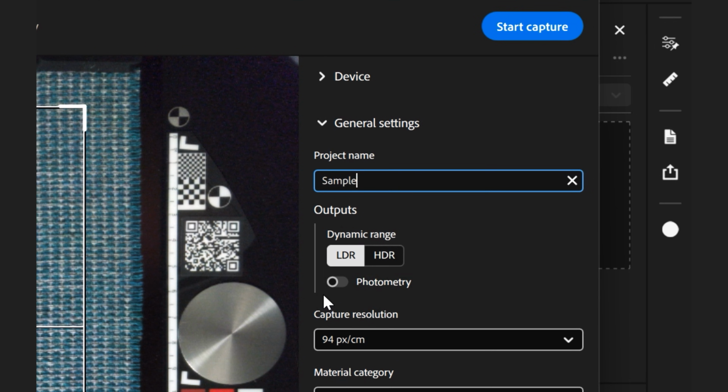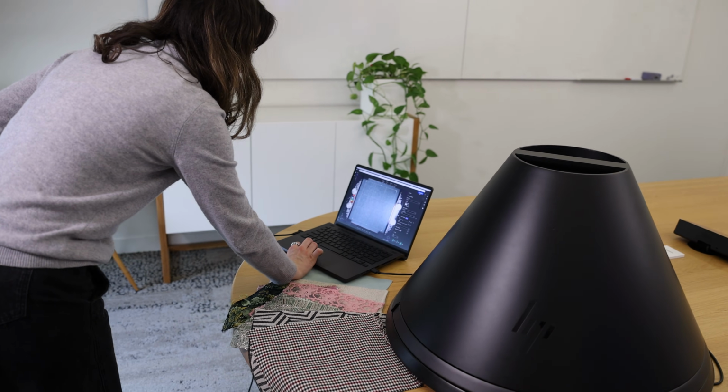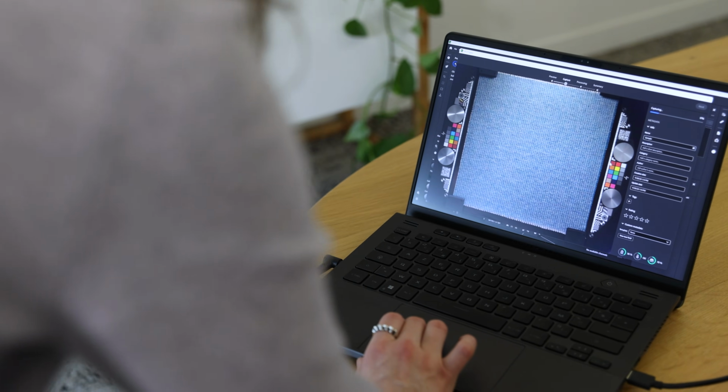Tick on photometry only if you intend to regenerate the material maps yourself, since it saves 64 large raw images and requires significant disk space. No matter which option you pick, LDR or HDR will be saved automatically to your device, so no data will